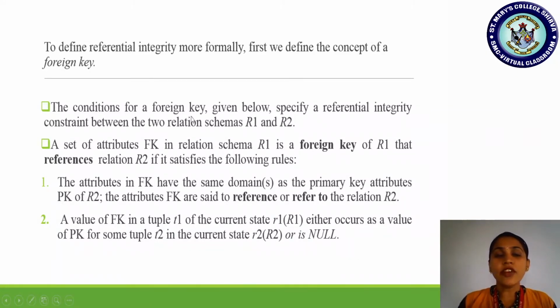What is this? The condition for a foreign key is given below; it specifies a referential integrity constraint between the two relation schemas R1 and R2. So whatever conditions we find with reference to a foreign key, they specify a referential integrity constraint between any two relations like R1 and R2, for example employee and department. R1 is employee, R2 is department.